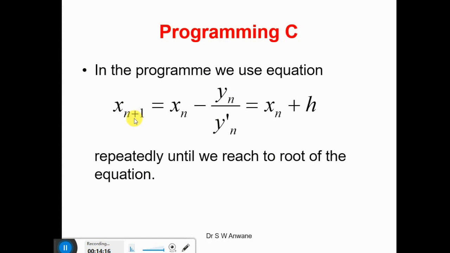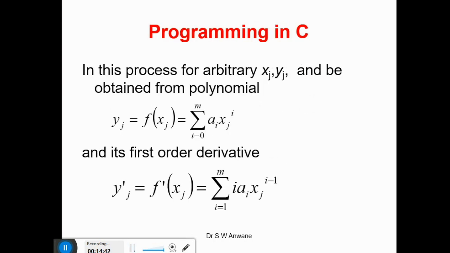Now the equation which we are using in the programming is x n plus 1, the next point, in reference to the arbitrarily selected or known earlier point xn, minus yn upon yn dash. So y can be calculated by the polynomial, and y dash can be calculated from the first order derivative of the polynomial. So here the generalized equation yj I am writing as summation ai x to the power i,